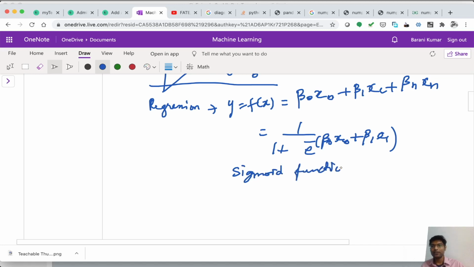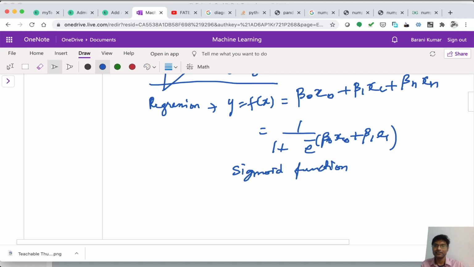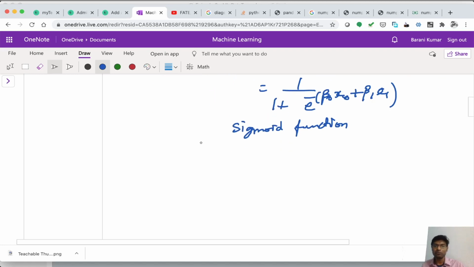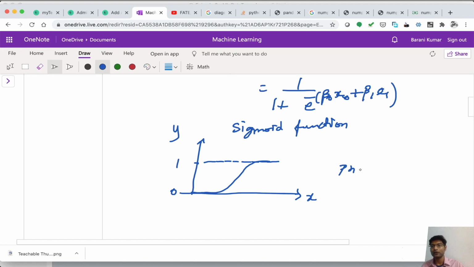The property of the sigmoid function is such that for any given value of x, so this is the x-axis and this is going to be our y-axis, my output y is going to be within this limit. This limit is going to be 0 to 1. So ultimately for any given value of x, my output y is going to be a probabilistic value. I am considering this as a probabilistic value because the range is between 0 and 1.